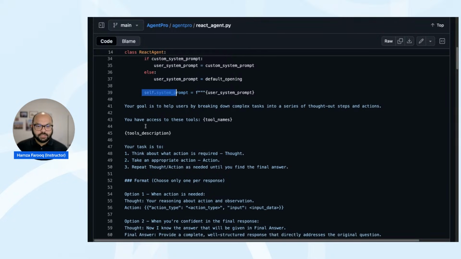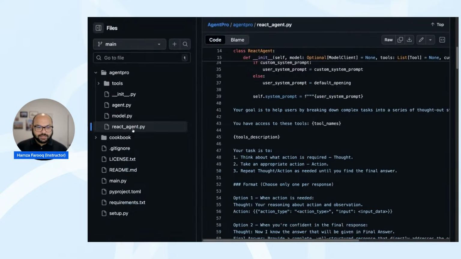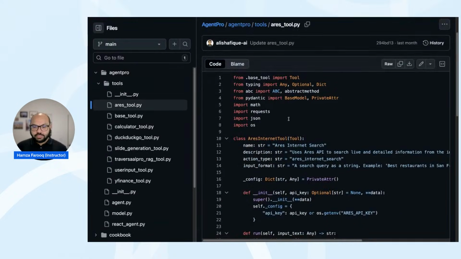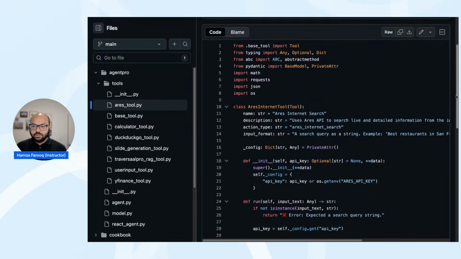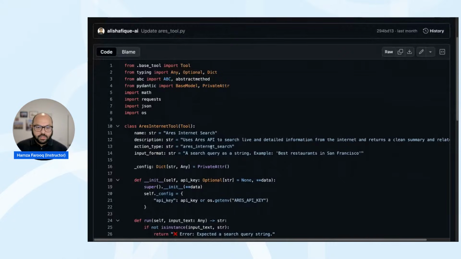So the first thing is you say, hey, you have access to these tools. And that's where you can go and see what kind of tools we have available. For instance, there's a tool we have built called Aries. This is internet search. And here you can see, I'm going to hide this. You have to provide a description of what the tool will do.